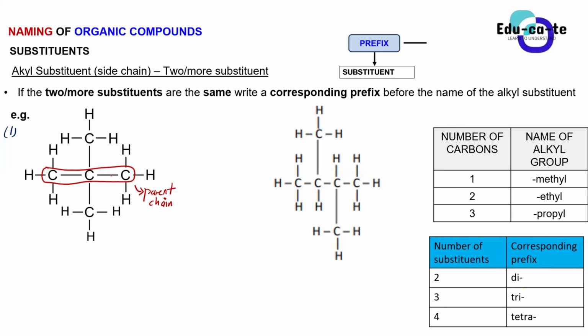Because we can see that we've got 3 carbons in the parent chain. This is the first one, this is the second one, this is the third one. So what else is attached to the parent chain but is not within this box representing the parent chain? Yes, Orifa? So we have 2 methyls.